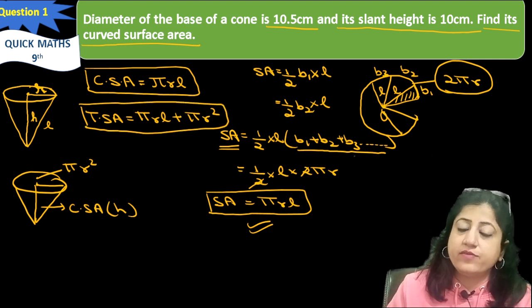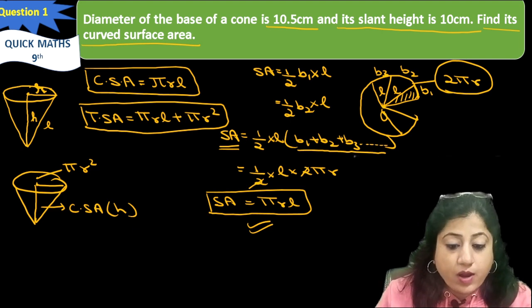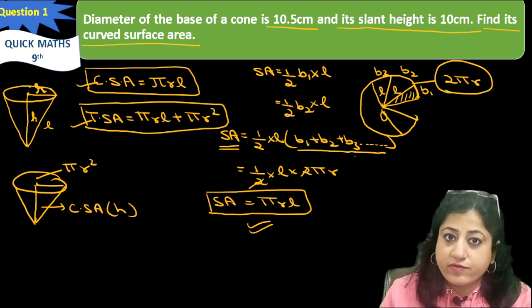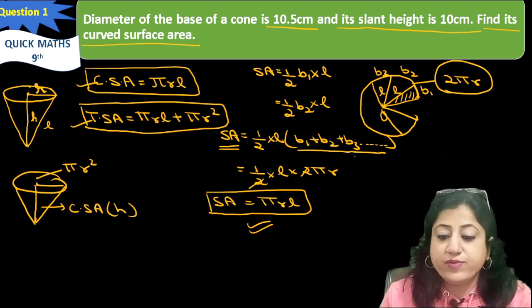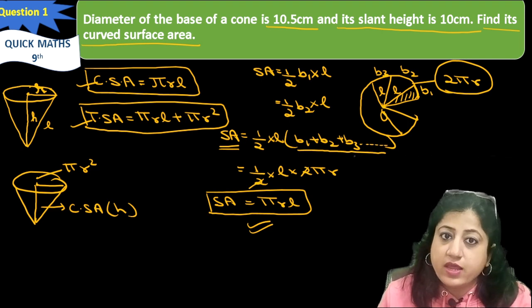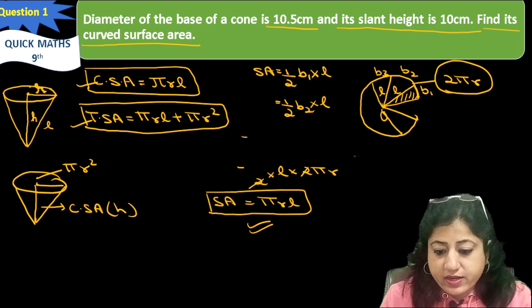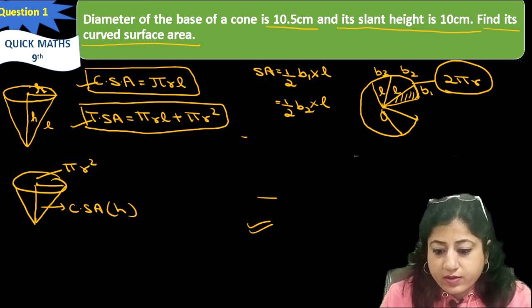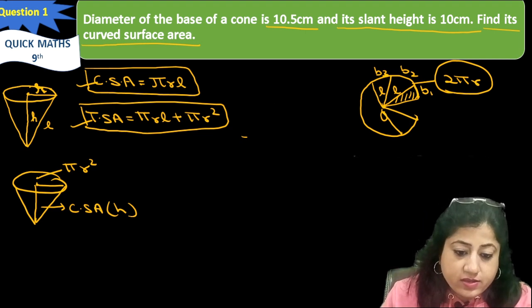So before starting this exercise, before doing the first question, we have now come to know the formula of curved surface area, and how the formulas of curved surface area and total surface area have been obtained. So these are the two formulas we will use in this exercise. And the next main thing we should know while attempting this exercise is the use of slant height. Now, this is the slant height.